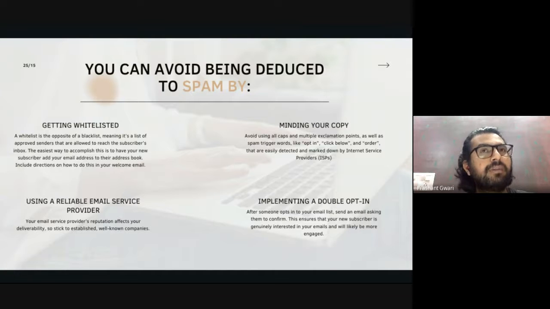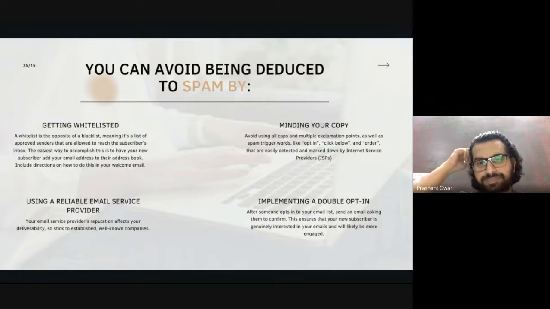And then you will receive a message, and the message will be something like that. There will be a call to action button, written confirm here to subscribe to our email list. So when you are sending a welcome email to our customer, give them proper directions on where they can subscribe and ask them to re-verify it again, at least 2 times, that you actually want to receive email from our site.